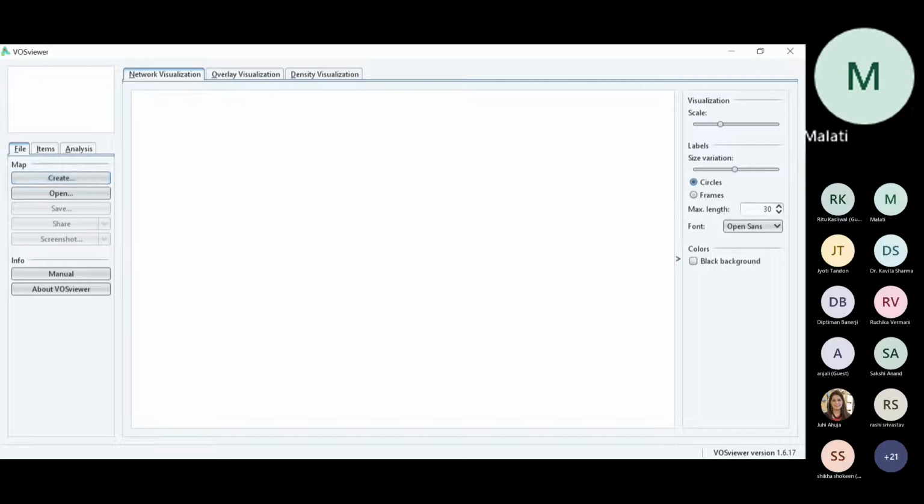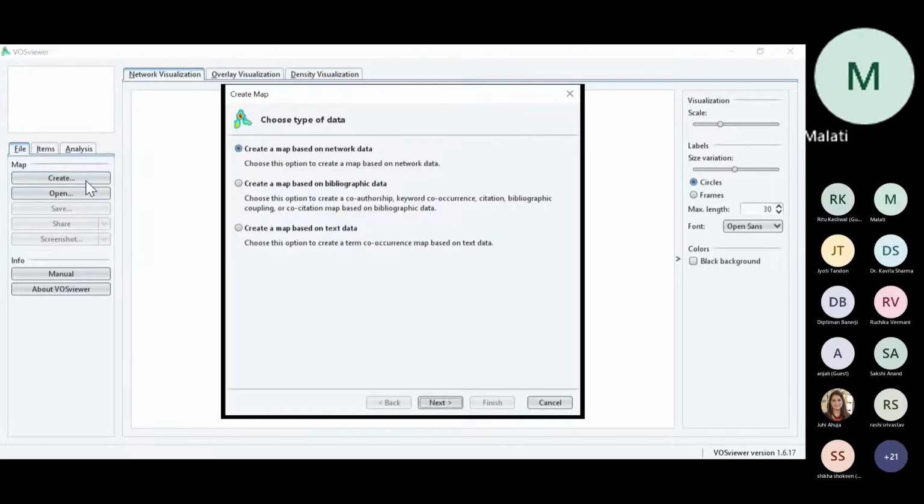So let us start with the paper which I am showing you. It is written using VOSviewer software. We are also going to practice and extract and generate different figures and tables with the help of VOSviewer. First of all, you need to click on create. I'll be going slow so that if you are ready with your software and the datasheet I have shared with you, you can also practice along with me. Click on create. The new window will open.